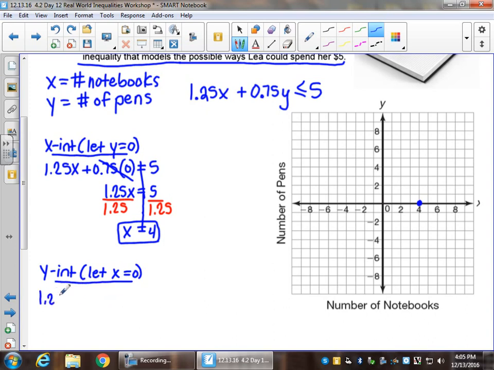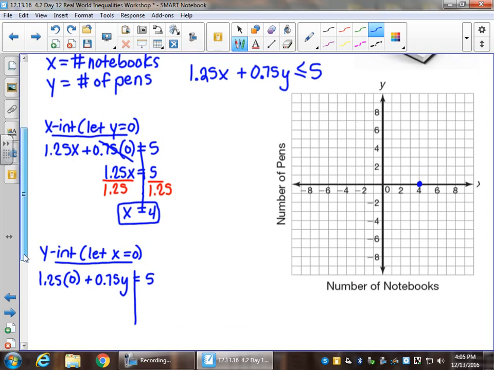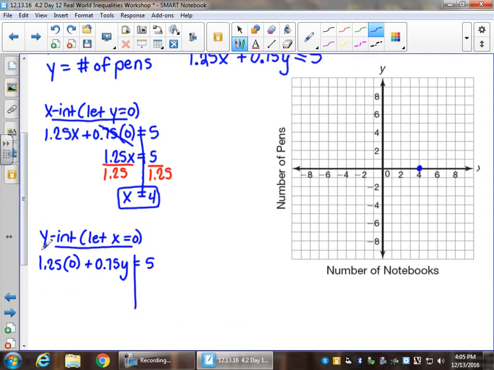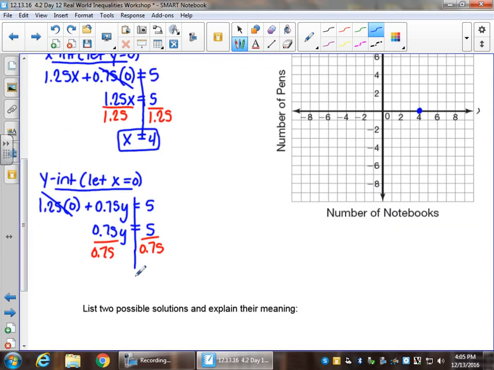So this becomes 1.25 times 0 plus 0.75y equals 5. Anything times 0 is 0. We have 0.75y equals 5. We'll divide both sides by 0.75. In your calculators, 5 divided by 0.75,